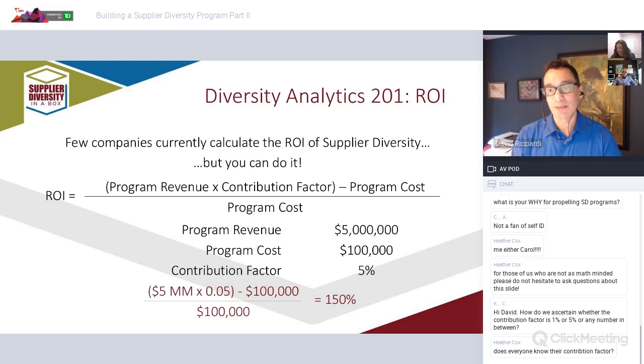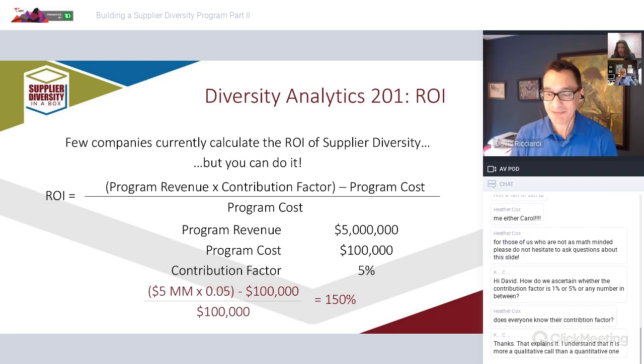But the 1% is the minimum. That's where we feel that's where if you get that customer that has talked about it, but hasn't given you a lot of actual hard requirements, you make that more like the 1%. So you do get to pick the contribution factor. Hopefully that explained that question. Yep. Okay. Thank you. Good.